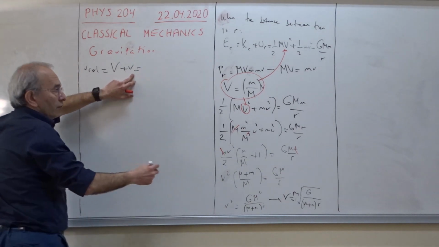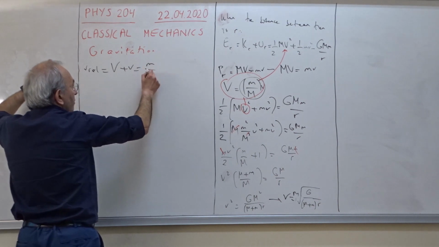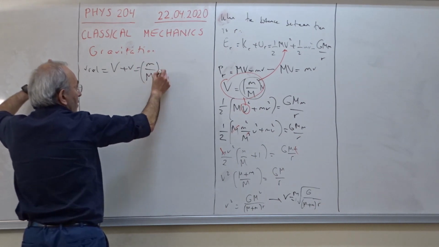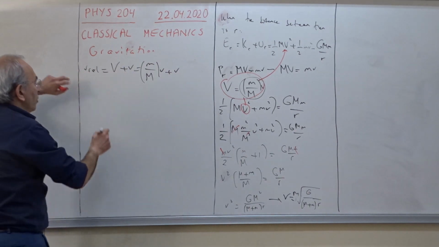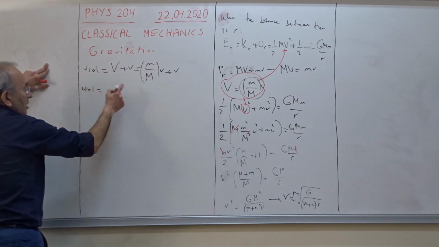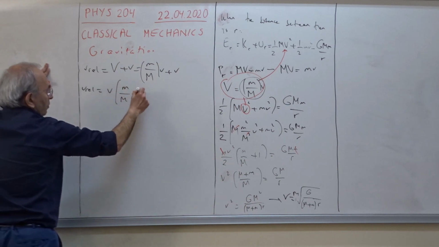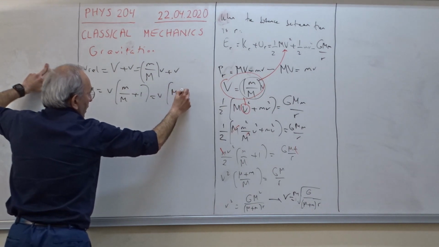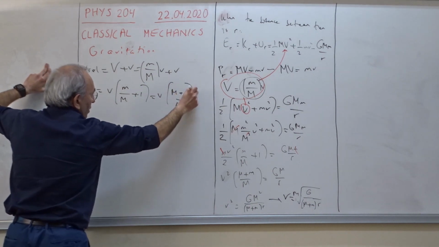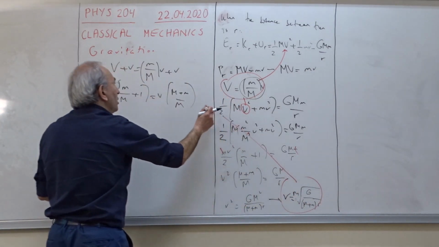Capital V was just this term, so we have little m over M times little v plus little v. So that V relative is just, take v here, we have little m over capital M plus 1, little v, M plus m over M, and that v is now brought here,